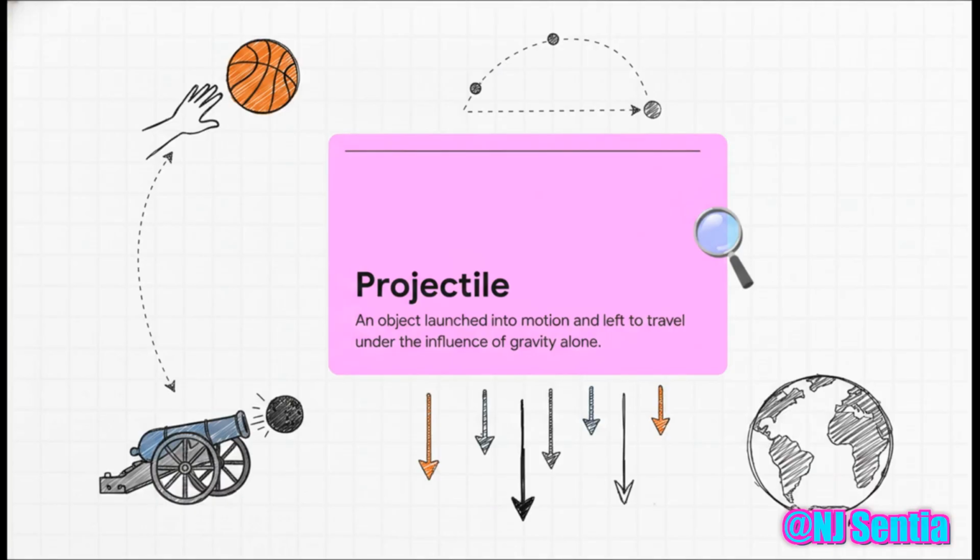Okay, let's get our foundation set. What exactly is a projectile? In the language of physics, it's any object that's been launched, thrown, or shot, and then left to travel through the air under the influence of gravity alone. That right there is the critical phrase, gravity alone. Think about it. Once a basketball leaves a player's hand or a cannonball leaves a barrel, there's no engine pushing it forward anymore. In a perfect, idealized world, the only thing acting on that object is the invisible, relentless downward pull of the Earth.